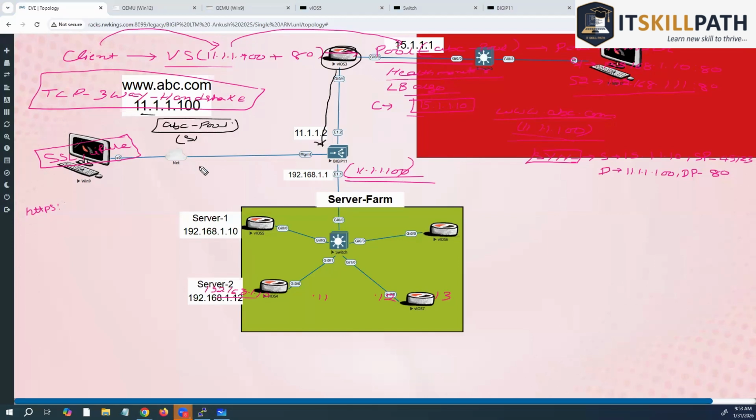Let's suppose you choose server one. Server IP is 192.168.1.10. So the packet will come here with source IP 15.1.1.10, source port 49123, destination IP 11.1.1.100, and destination port 80. And what it will do, it will change the